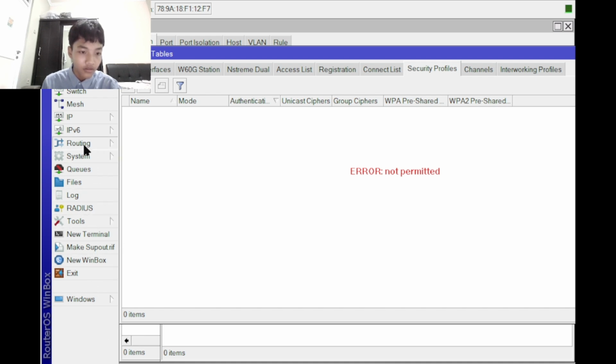Choose. Wait, I forgot. Where's the reboot option, guys? Okay, here. In system, you scroll down, it's kind of in the middle, but you guys cannot see it. But if you already click it, you can see it. Reboot in the middle, here. You can reboot, but I will not. So anyway, that is working.